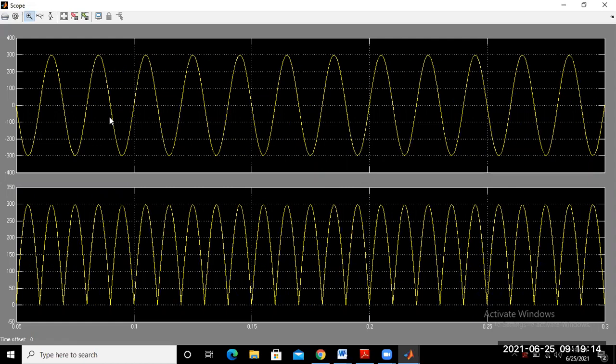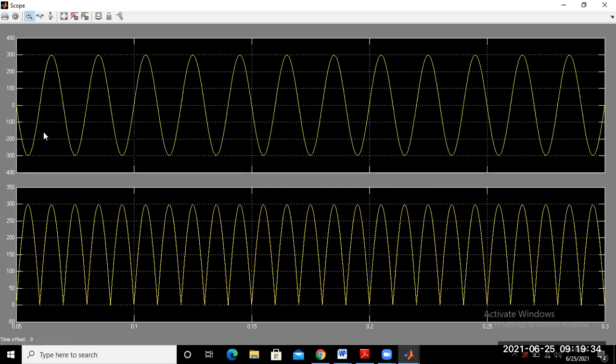You may observe that it is almost below 300. So the maximum value reduces from 326 to 298. So when you change the RMS value of the supply voltage, the maximum value is also changing.